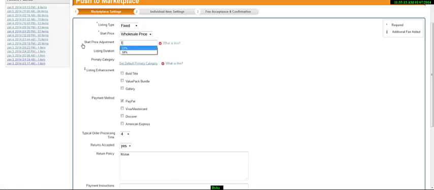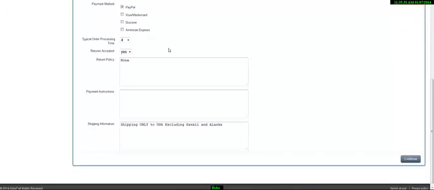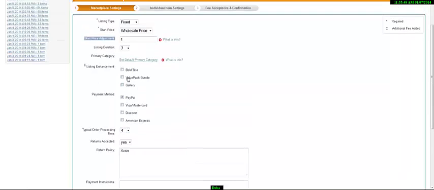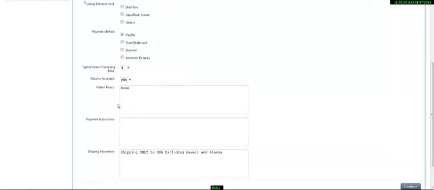So that's that. I mean, I'm very glad that they added this feature. It makes a whole lot of ways to make money on Doba and eBay together by just linking them together. And over here, you just basically add basic information. You don't really need to do much. The good thing about this is that when you select a product, the product automatically adds the description for you and the image for you, which saves you even more time. So the next step will be just selecting the payment method and the typical order processing time. Once you're done